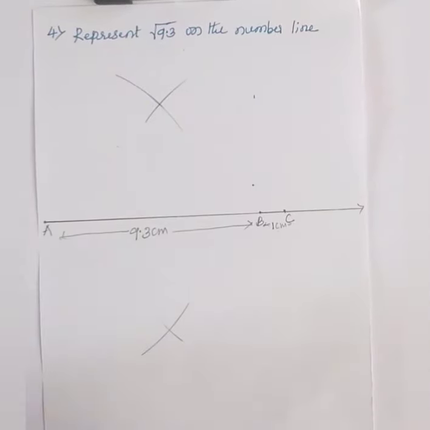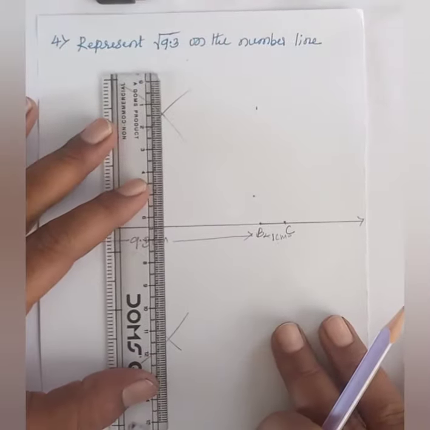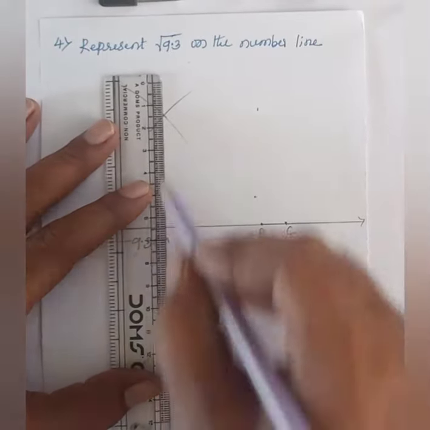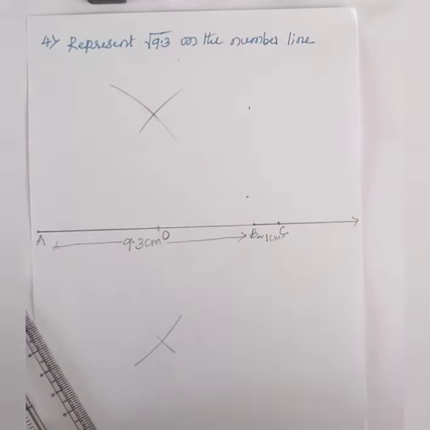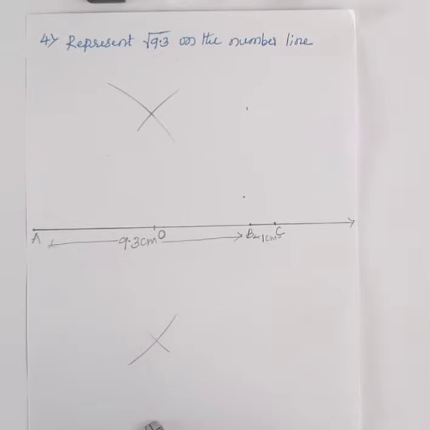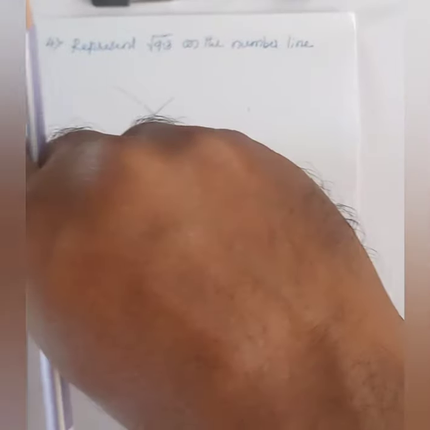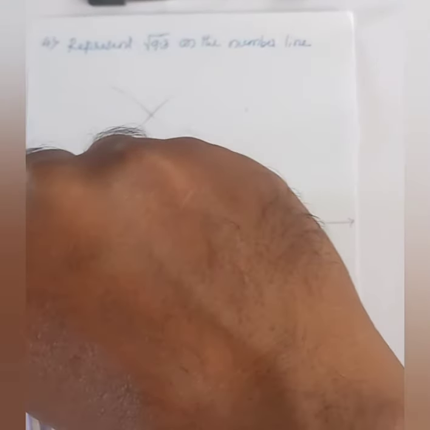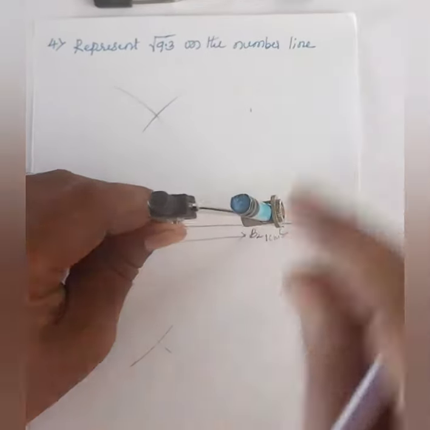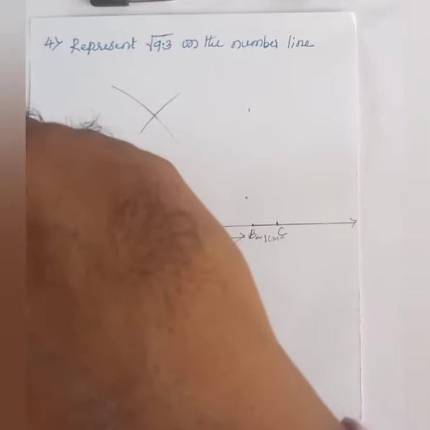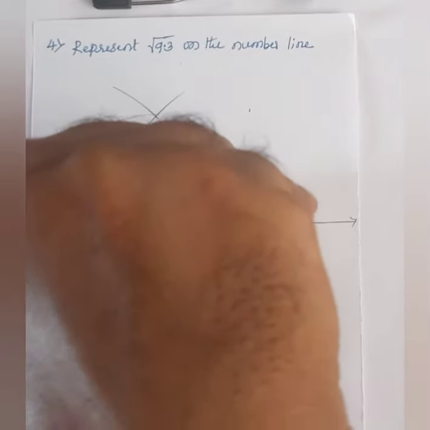Now you will get 1 point here. Just choose the point, this point is O. O is the midpoint of AC. Now you have to make this O as a center, and OA and OC as a radius. You have to draw one semicircle. So you know this is a semicircle.